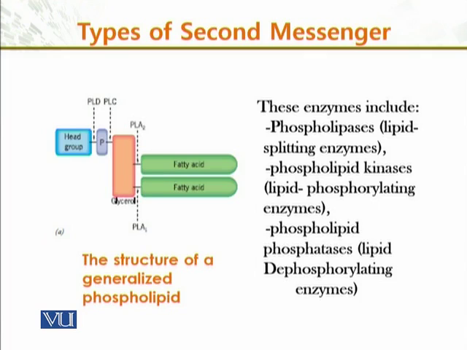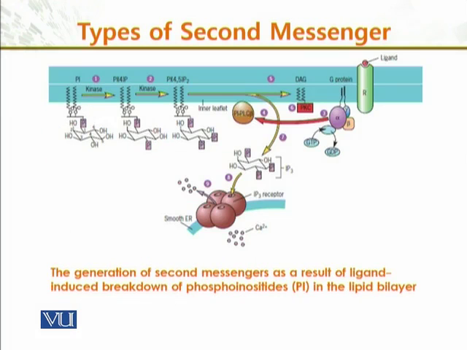Now, these enzymes are phospholipases, the lipid splitting enzymes, phospholipid kinases, which are lipid phosphorylating enzymes, and phosphatases, which are lipid dephosphorylating enzymes. These are the enzymes which treat the lipid as a substrate and convert it into different second messengers. Here, the generation of a second messenger is a result of ligand induced breakdown of